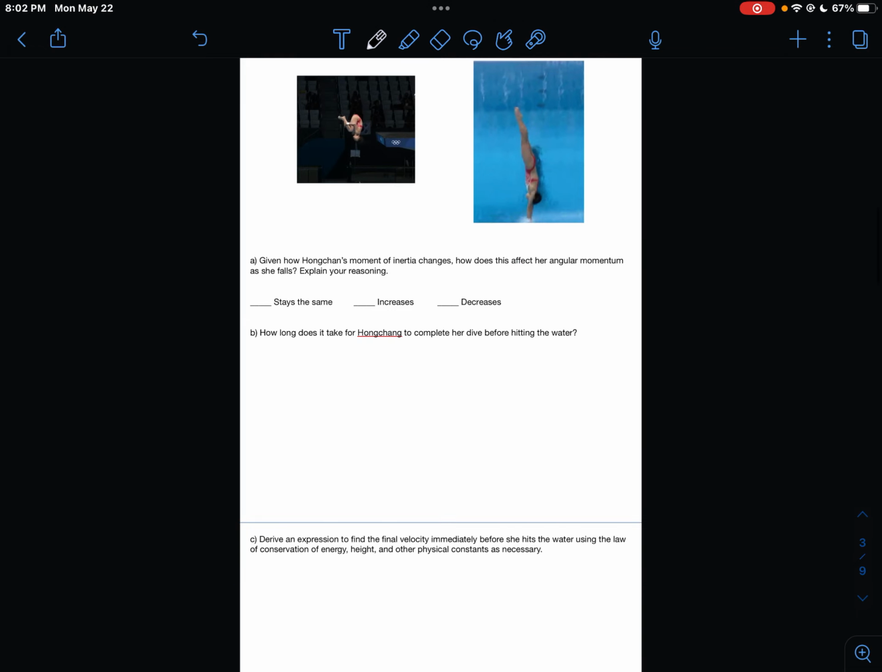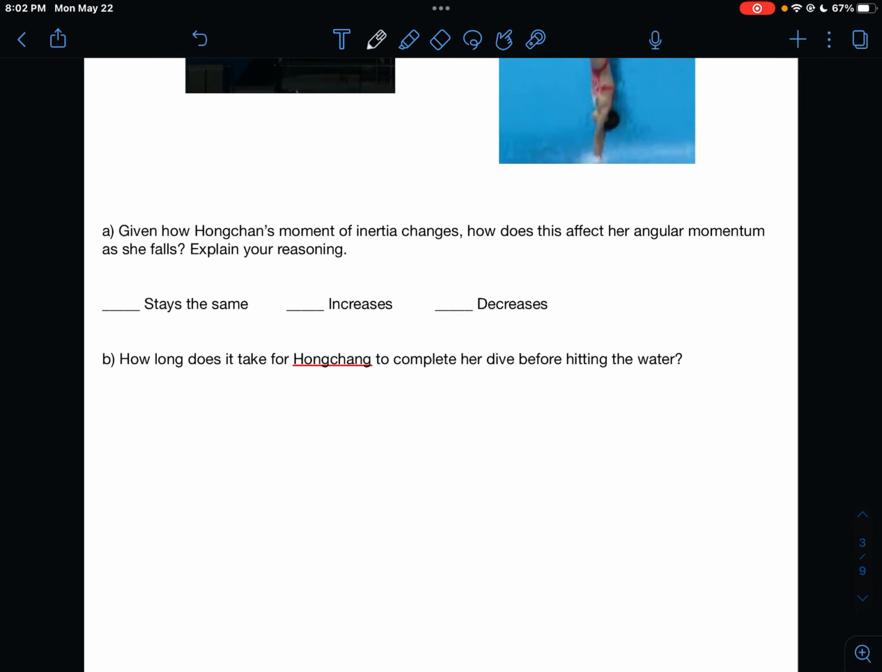Okay, now for my part A, I'm going to ask, given how Hong Chen's moment of inertia changes, how does this affect her angular momentum as she falls? Explain your reasoning. So her angular momentum is going to stay the same because even though her moment of inertia changes from the radius, because she untucks and tucks her body, that means her radius will increase after she untucks her body. Her angular momentum will still stay the same because